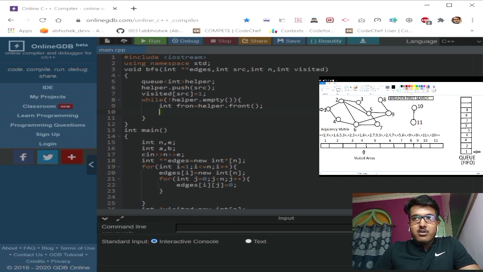After popping out 1, we'll do the operation on 2. After traversing all the successor nodes of 2, we'll pop out 2 like this.